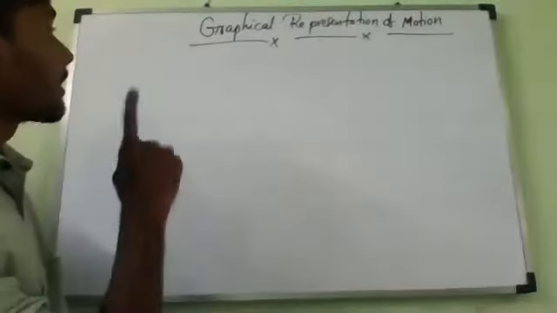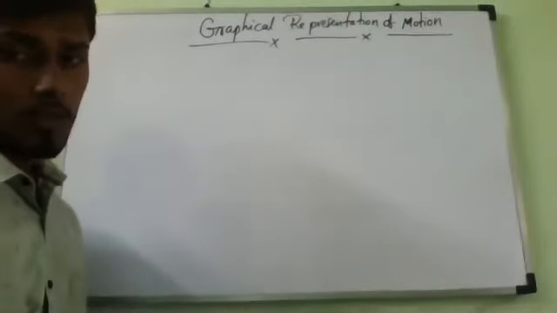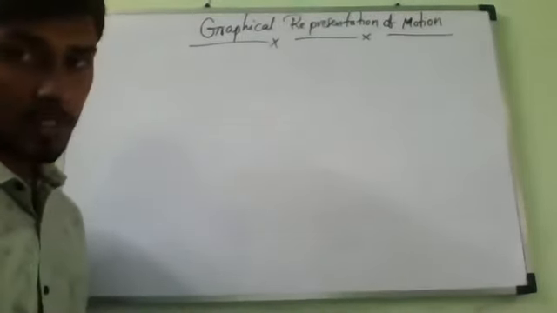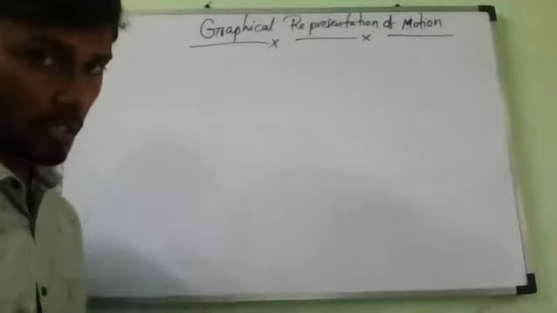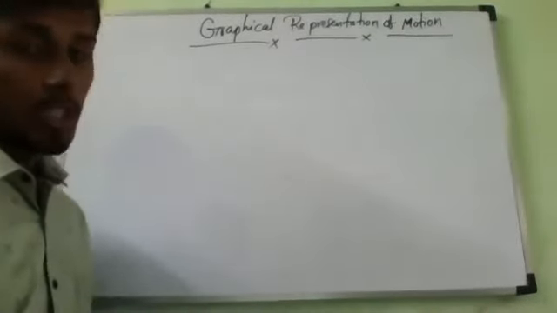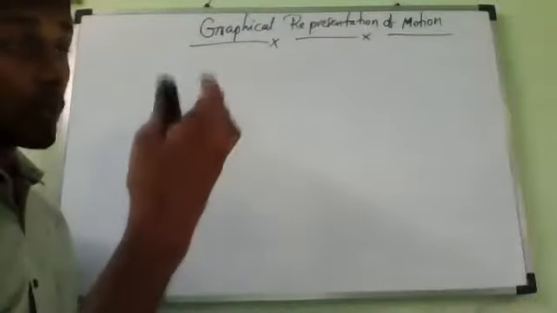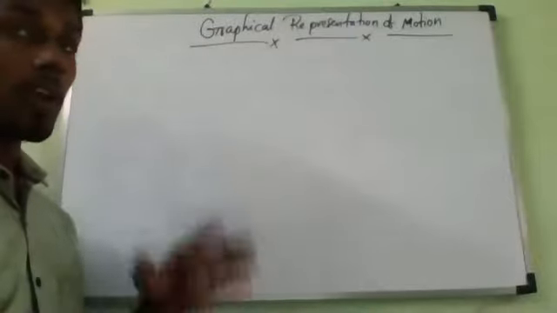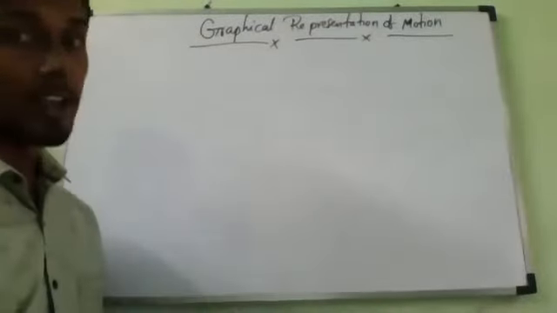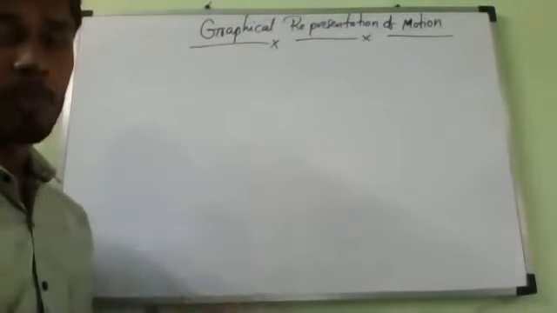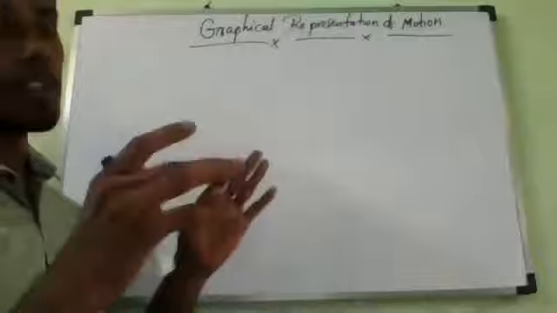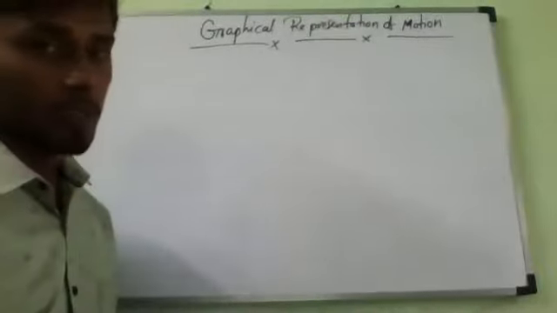We will study graphical representation of motion. So what is the meaning of graphical representation of motion? Suppose you see representation of motion in the form of constant speed, uniform acceleration, zero acceleration, uniform retardation, increasing velocity, decreasing velocity. Speed and velocity are the same here; from now onwards, whenever I use velocity or speed, remember they are the same.